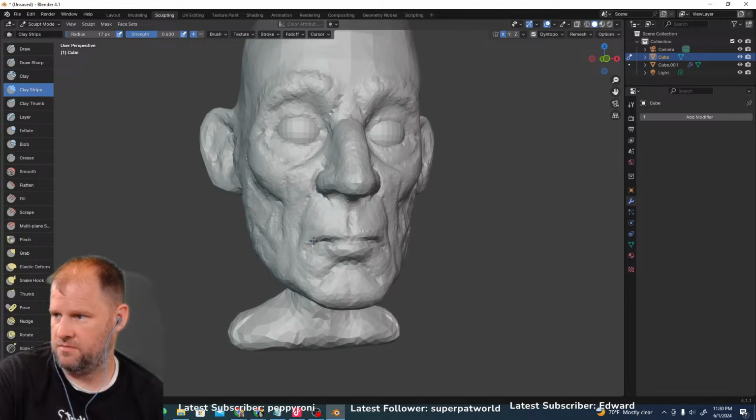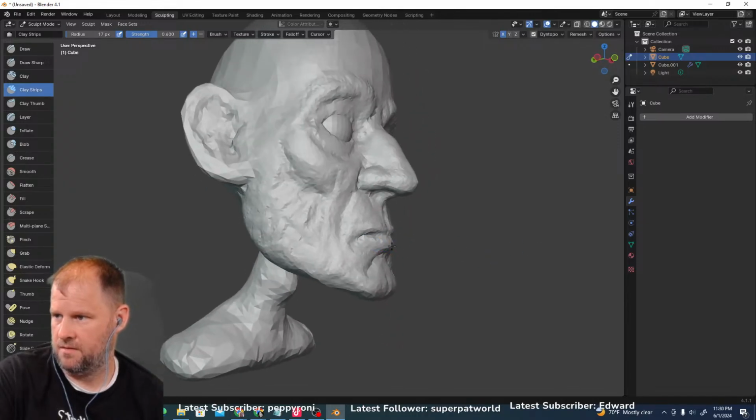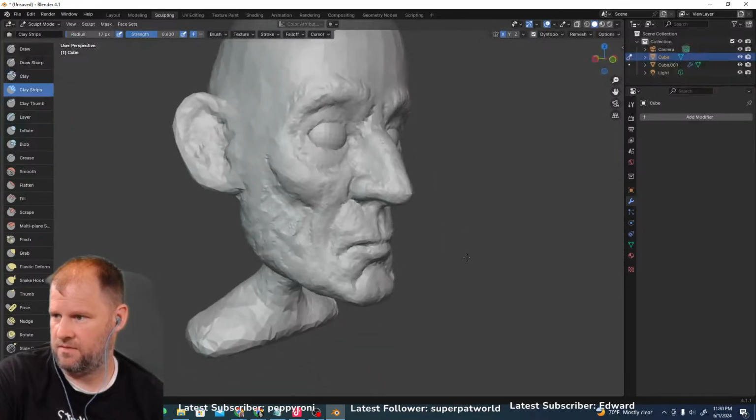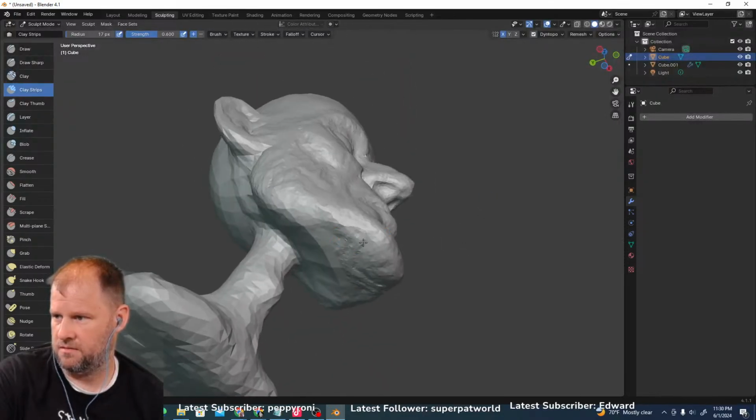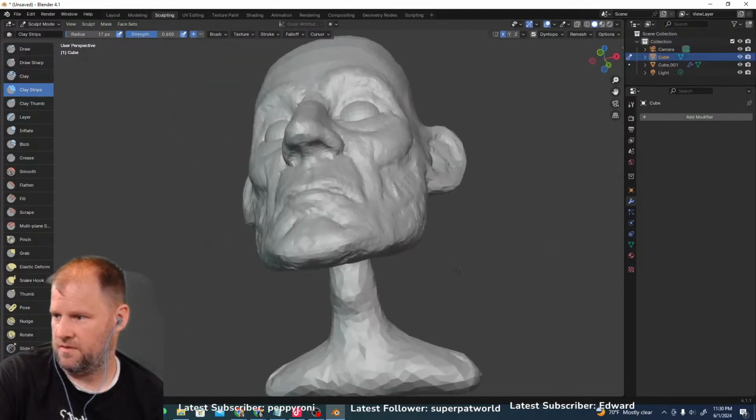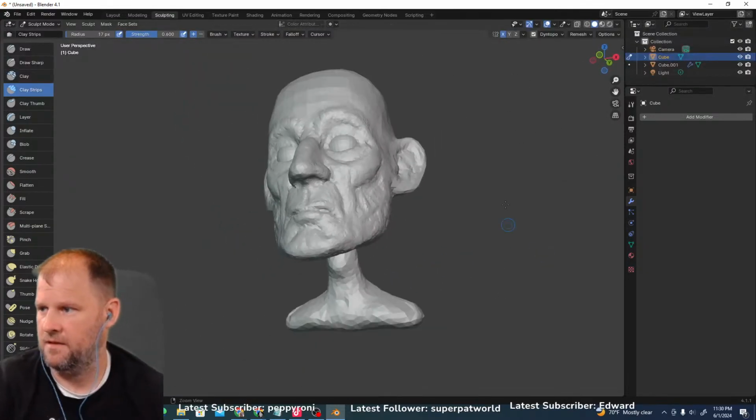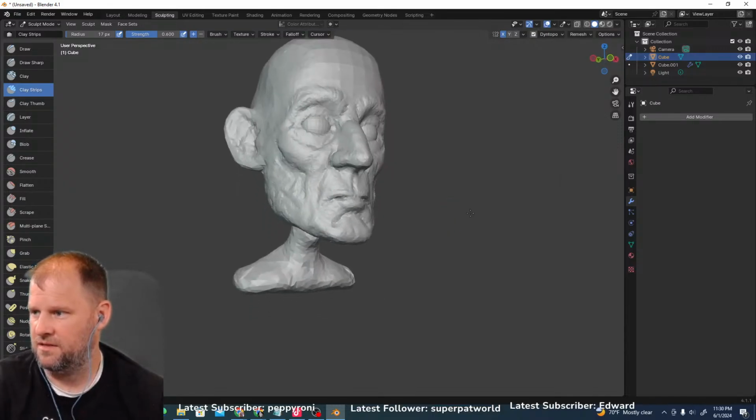And I always like using the masking tool, but I don't know how to use it in here. That's one of the things I need to figure out. Okay, let's work on the neck a little bit. I like the skinny little neck, but